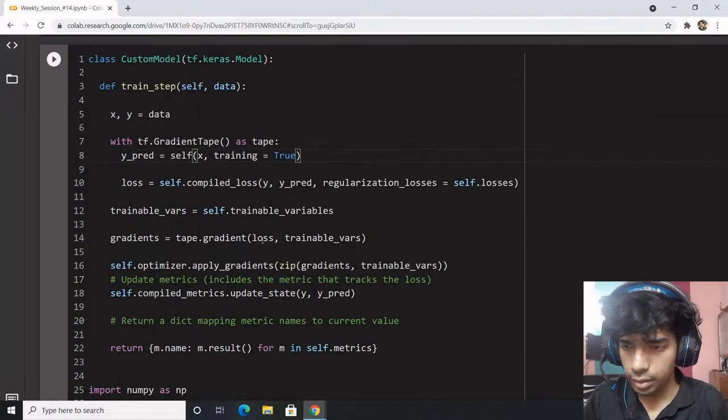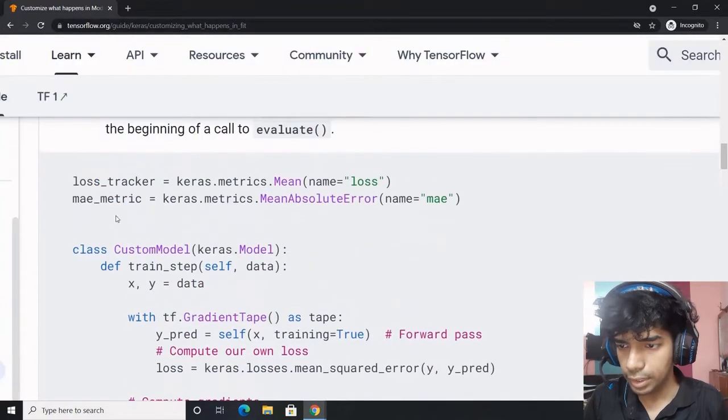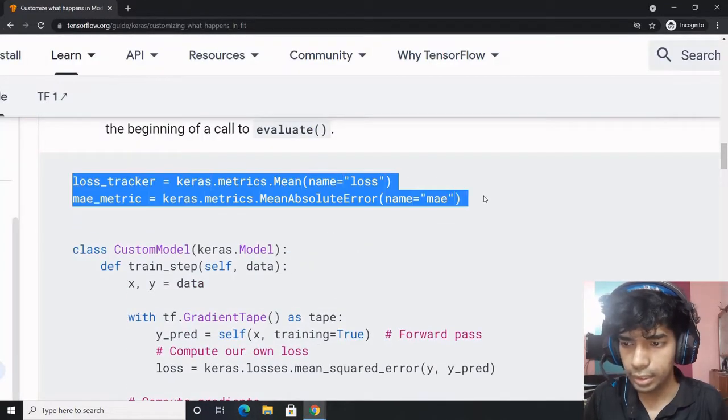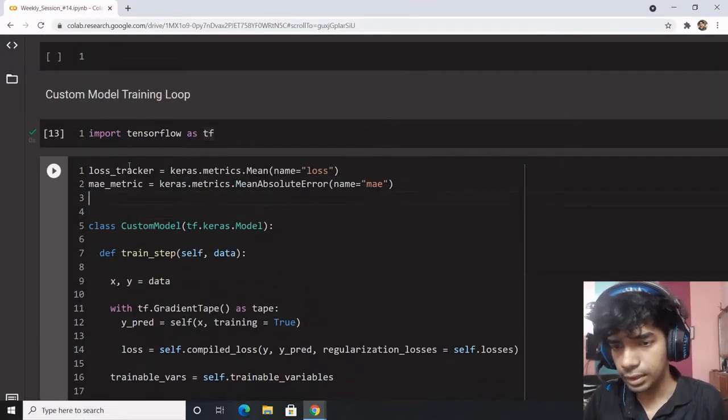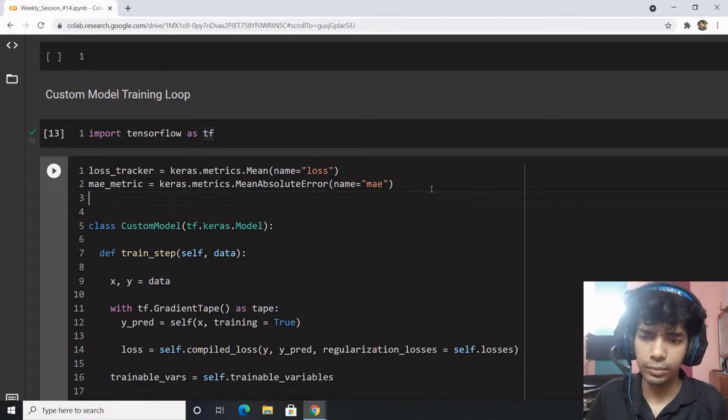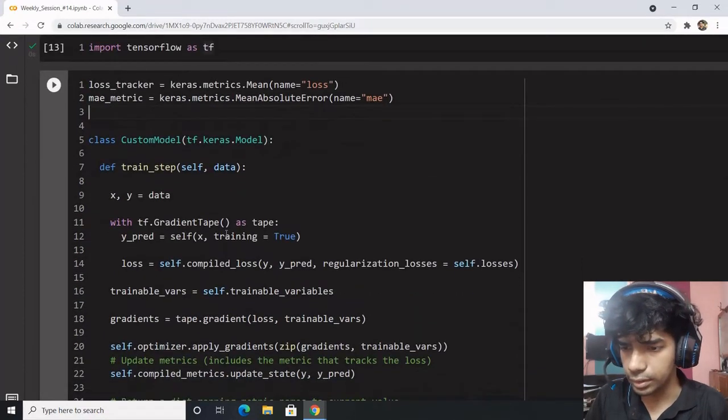Now let's say you want to have a custom loss and a custom MAE metric. This is what you want to do. Paste it over here and just begin with this.